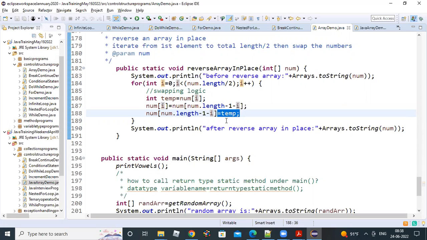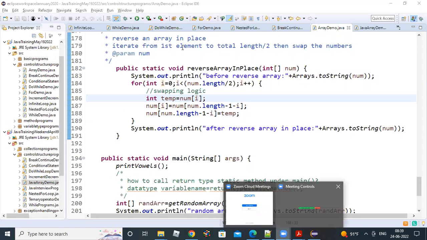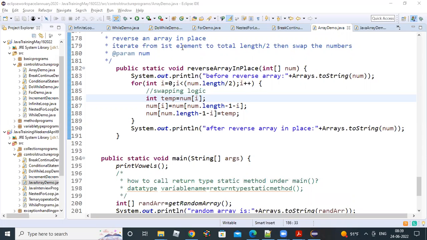So like that, it will iterate. Till length by 2 only it will iterate. It won't iterate till the last element, not necessary. That's why it will finish quickly. That's why this is a more efficient way to reverse the array. Yeah, that's all for the day. So tomorrow we'll see a few more programs and then we'll